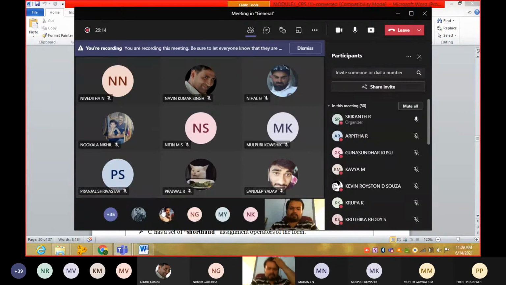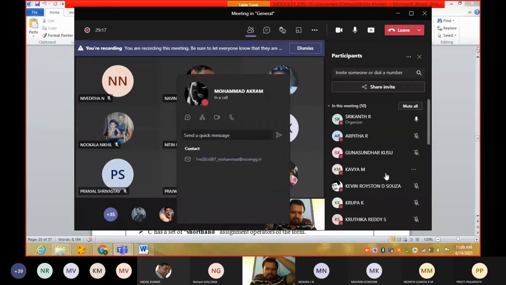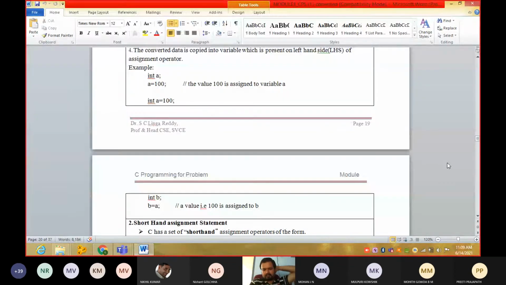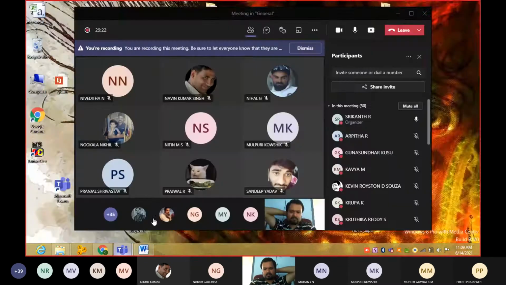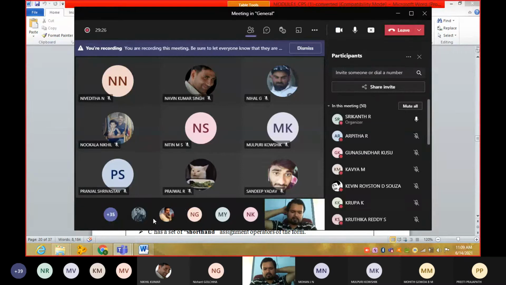Guys, are those three things clear? Arithmetic operator, relational operator, logical operator. Are you clear till now? Reply if it is clear. We have seen three types of operators.